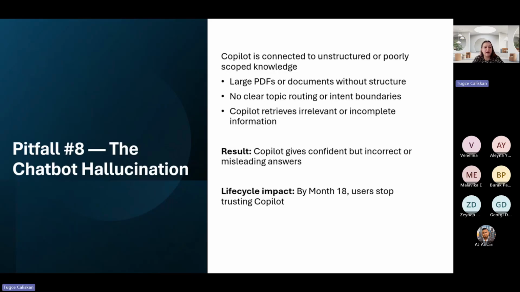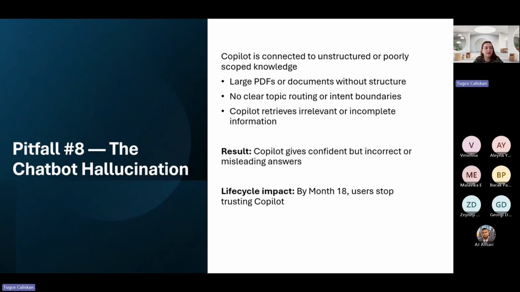And we touch base on chatbot hallucination, Copilot hallucination, sorry, where, let's say, it's connected directly to large unstructured documents, in this case large PDFs. And we are trying to retrieve relevant information, but we don't have a clear picture, a clear structure.